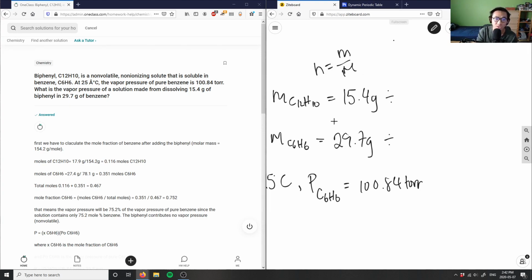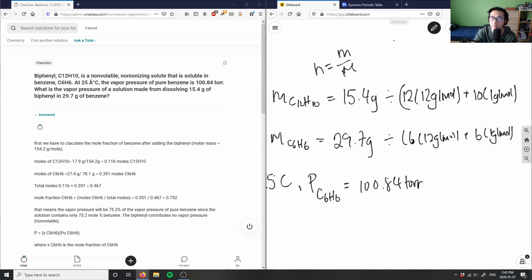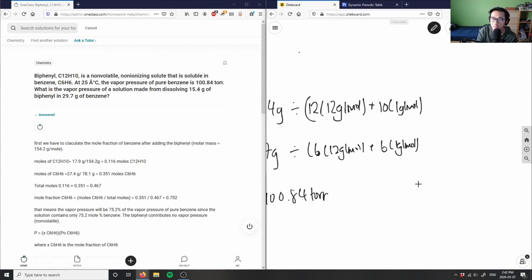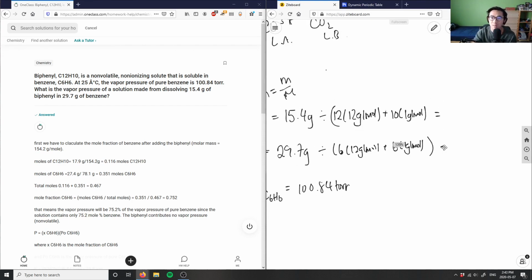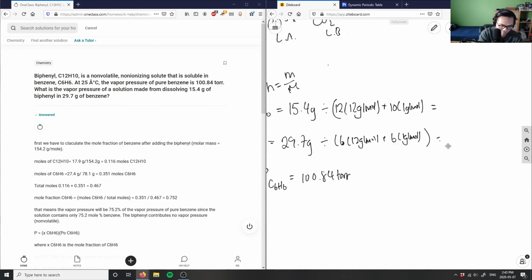So the molar mass of C12H10 would be basically 12 carbons times the molar mass of carbon, which is 12, plus 10 hydrogens multiplied by 1 gram per mole. Same with C6H6: I have 6 carbons and 6 hydrogens. So I'm just simply finding the molar mass and dividing. Let me type this into my calculator. At 15.4, I'm going to divide by basically 144, which is 12 times 12, plus 10, and this will give me a value of 0.1